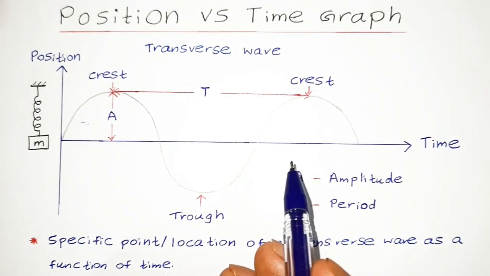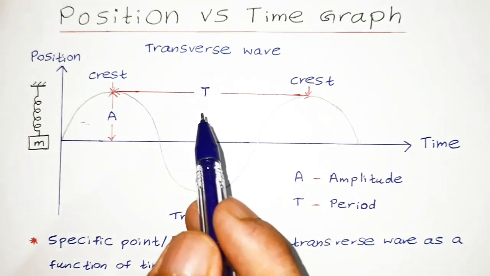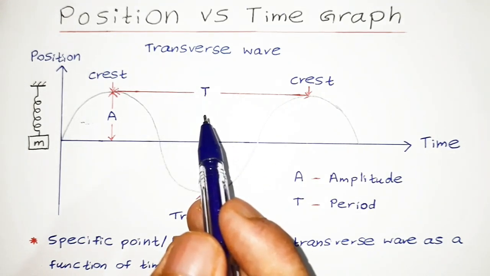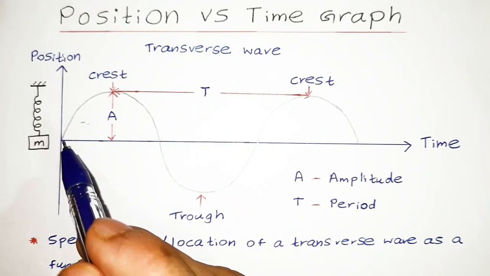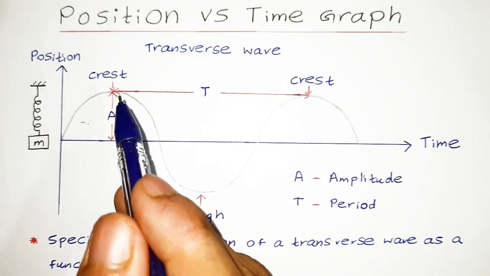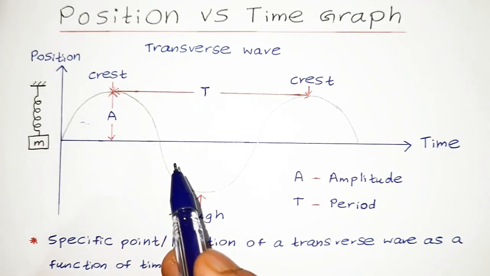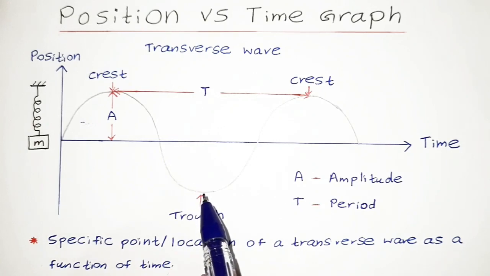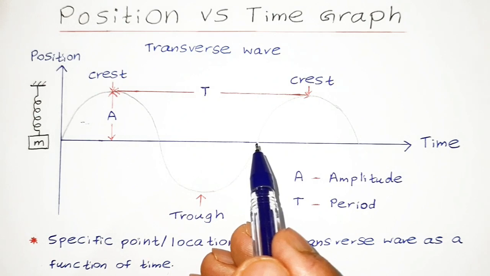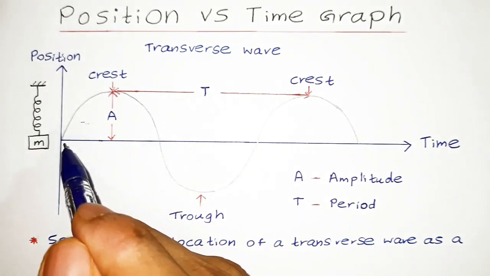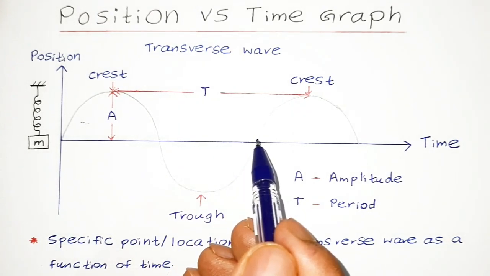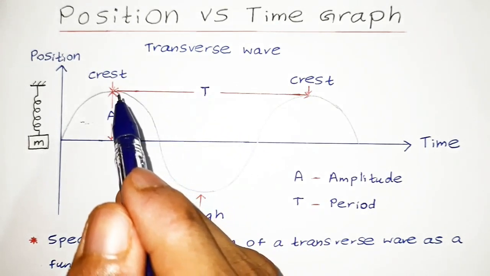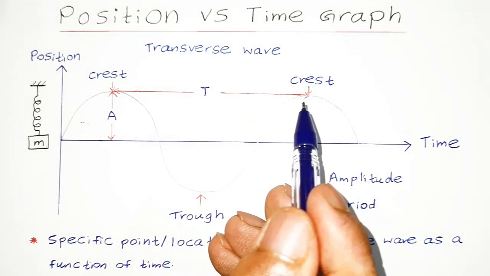From a position versus time graph, we can obtain the period, which means the time taken for one complete cycle. For example, if we consider the spring mass system, one complete cycle would occur from the equilibrium position going to the maximum position, coming back to the equilibrium position, going towards the maximum downward displacement, then coming back to the equilibrium position. So the period would be from the equilibrium position at the start to the equilibrium position at the end. We can simply find the time taken, or the period of the cycle, from obtaining two maximum points where the displacement was maximum.